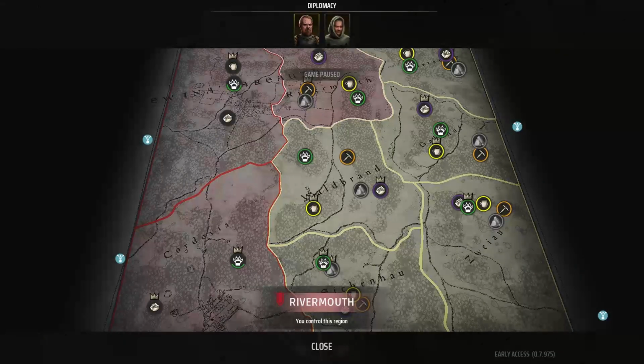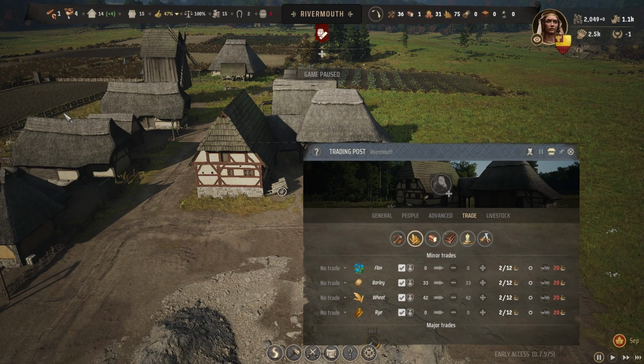Before we begin our war strategy against the Baron, there are a few items from last week's episode I want to amend and implement. The first item is to fix some of the export trade in Rivermouth. I want to amend our exports to reflect 0 flax, 0 barley, 50 wheat, and 50 rye, because I want to allow Rivermouth to survive off their own bread production, and I want the rest of the crops to be